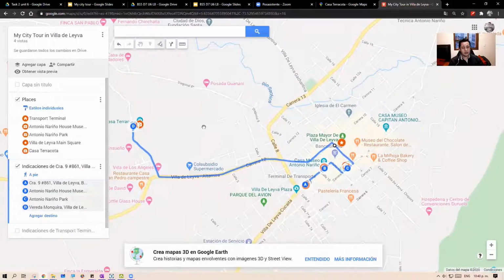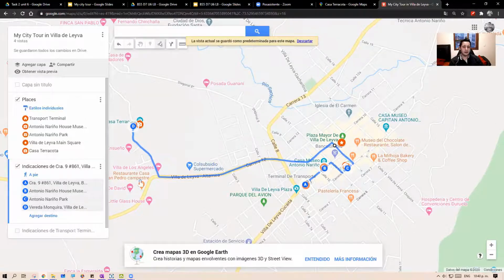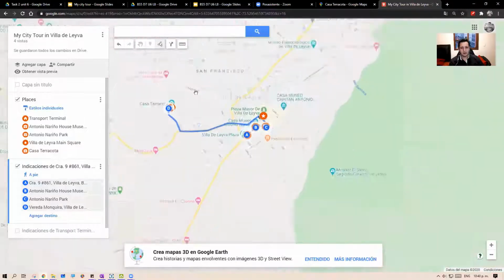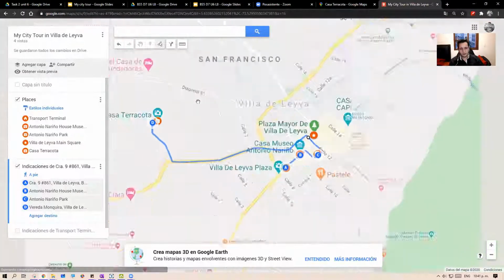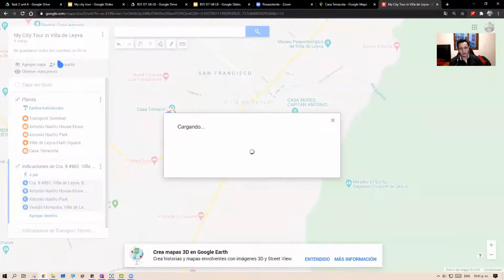Okay, when you finish, you click over here in the menu and you click on establecer vista predeterminada. Eso quiere decir que cuando abran la aplicación van a poder verlo así tal cual, de ese tamaño, no más grande, no más pequeño. Okay. And finally, you click on compartir. So when you share,